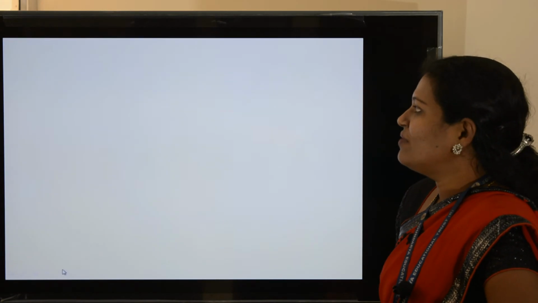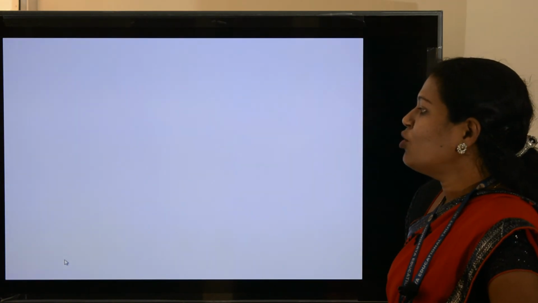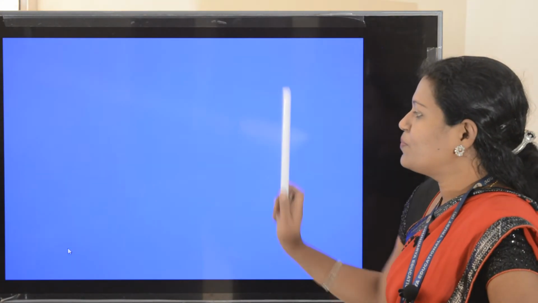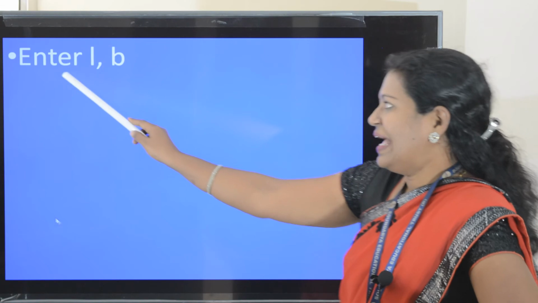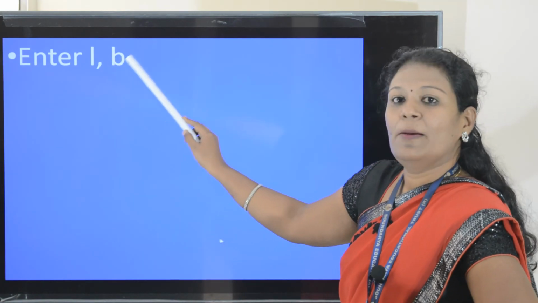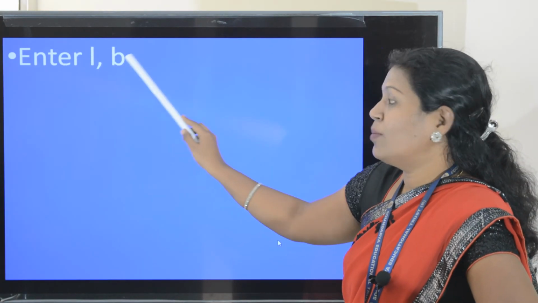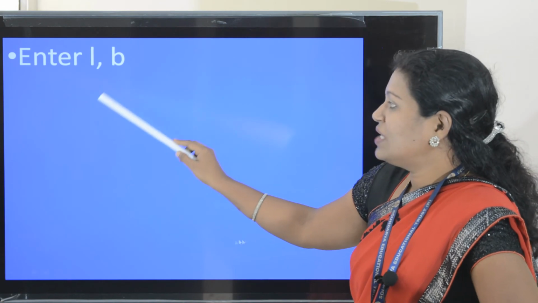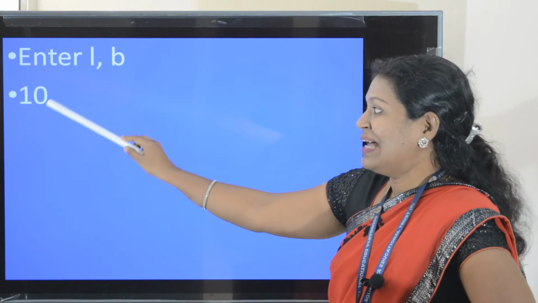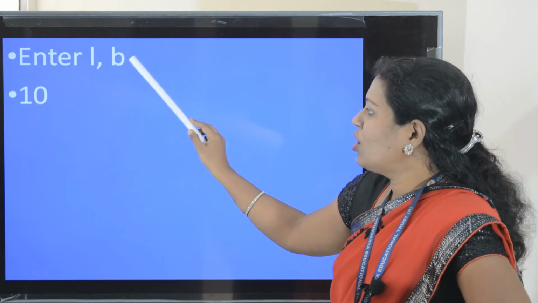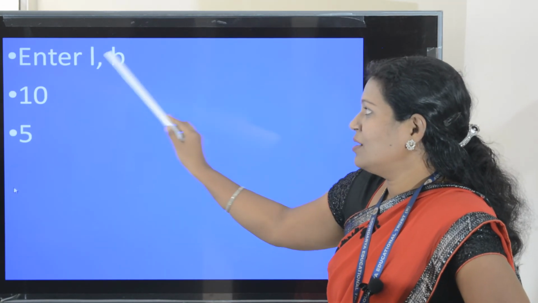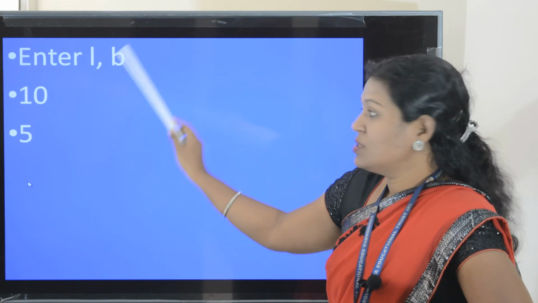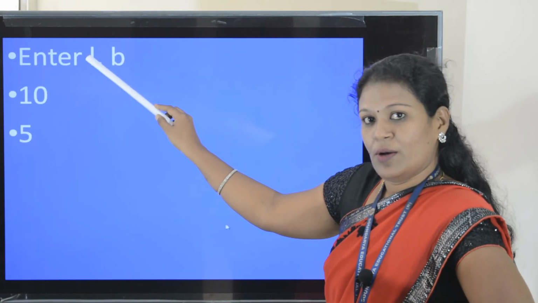Now we will see the output screen of this program. First it will ask: enter L comma B. I am giving the value of L as 10 and the value of B as 5. With this our input is over.